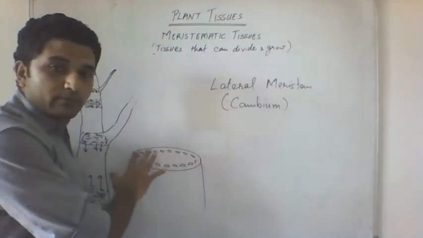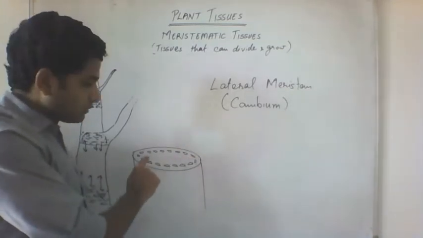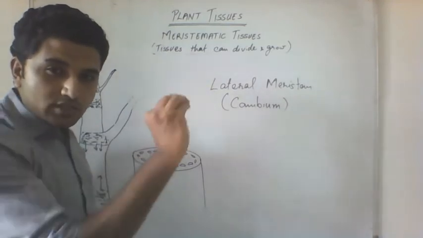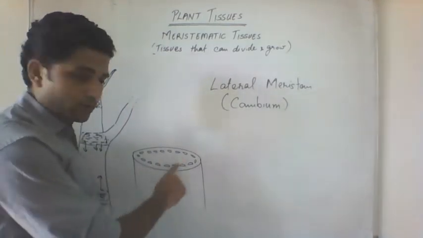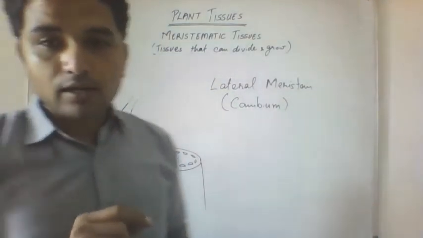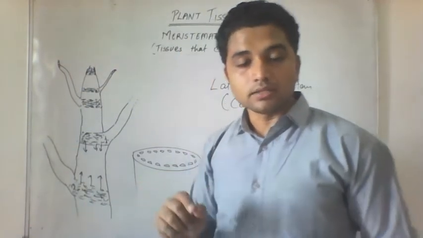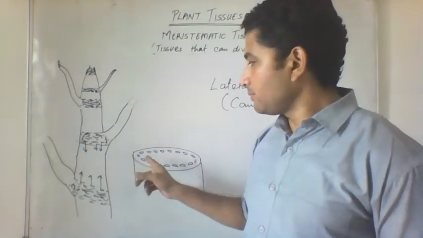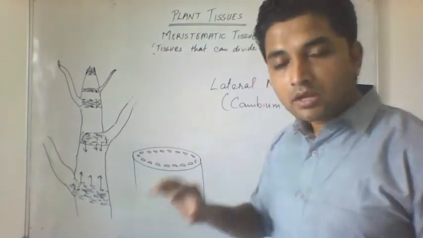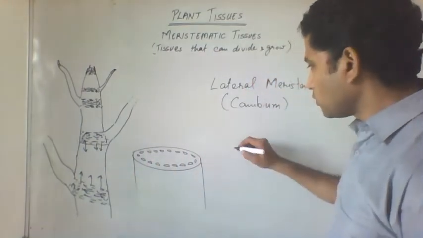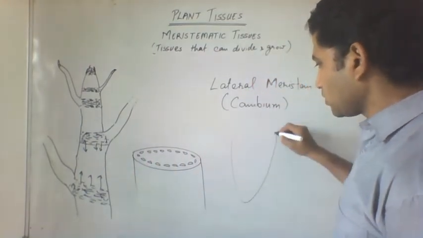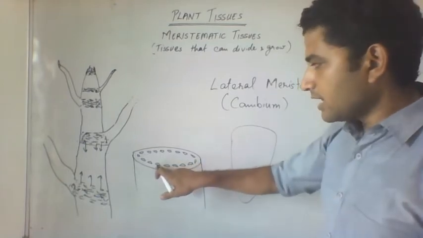All of this is filled up with cells, remember, but some cells here are arranged as a ring all around. These rings are called vascular bundles. Xylem and phloem are present in these rings. But if you see a ring from close, the diagram is in your book also. If one of these you take,